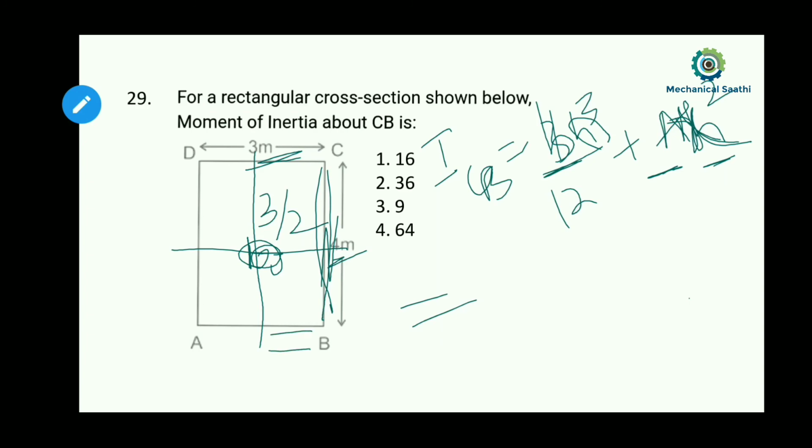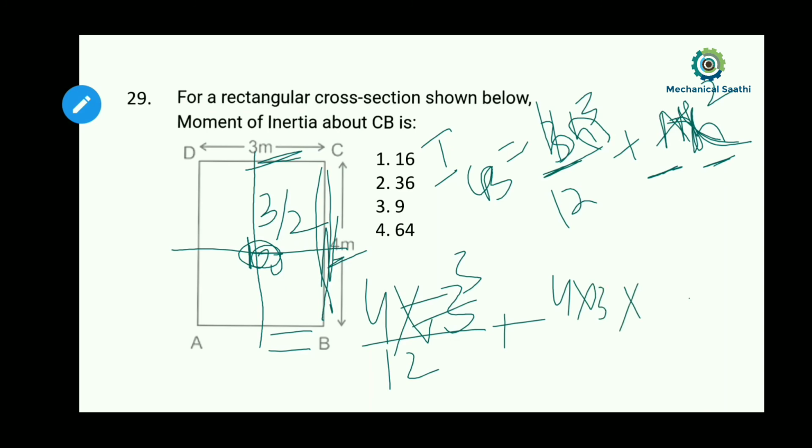So if we try to calculate this, then B is given here as 4, and H I have already told you is 3. So the moment of inertia is B H cube by 12 plus A X squared, that is 4 into 3 into X, where X is 3 by 2, whole squared. So from here we take 4 and 3 cubed, which gives 12, so 12 and 12 cancel. We are left with 3 squared, which is 9.